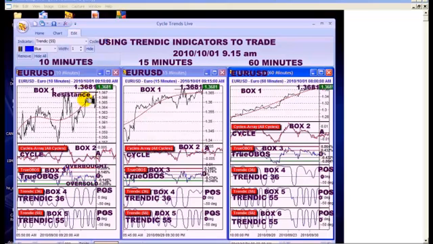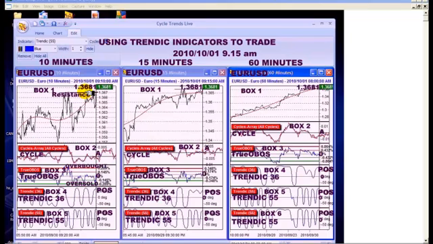Now the euro dollar is trading at 1.3681, and in the price box we draw a resistance line. The euro dollar is actually coming up against the resistance line, and the question is, will this resistance line be penetrated? If so, we will go long. You can see 1.3681, the resistance line. It shows up very well in the 10-minute, but we have the same thing in the 15-minute and the same in the 60-minute. And we are going to use these indicators here to decide whether to go long as the